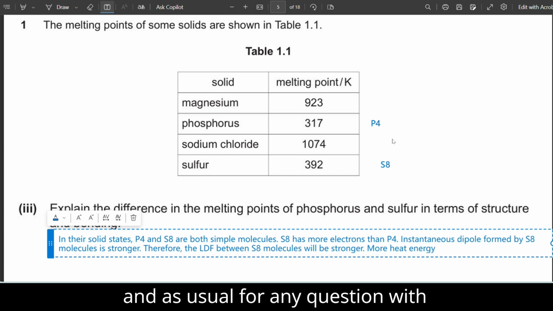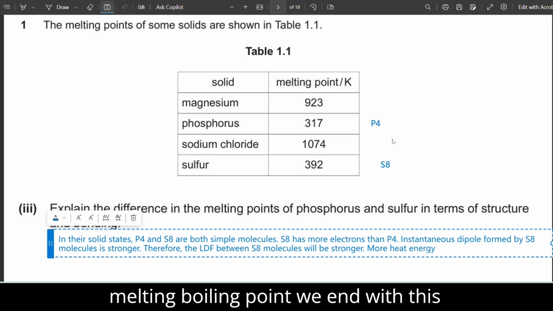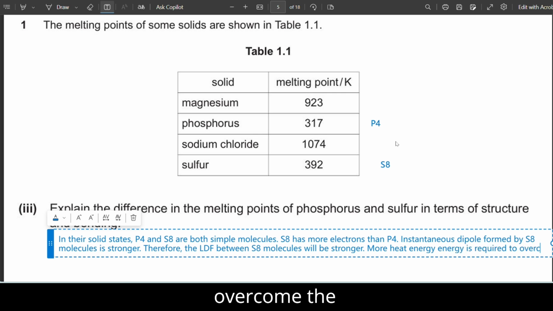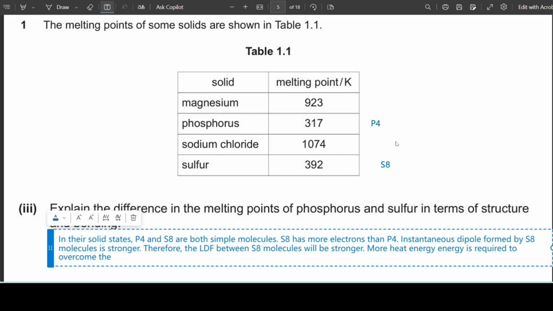And as usual for any question with melting or boiling point, we end with this: more heat energy is required to overcome the between